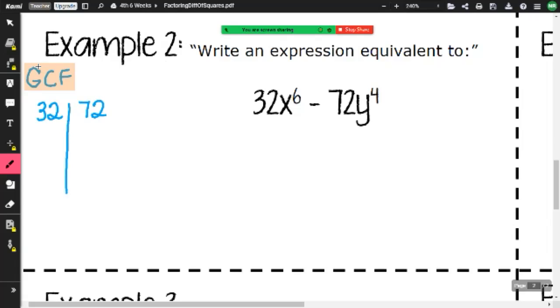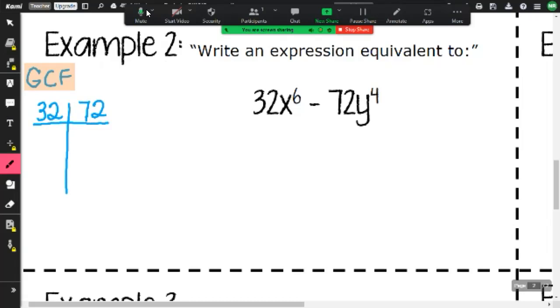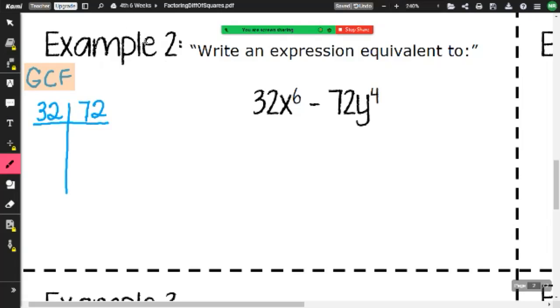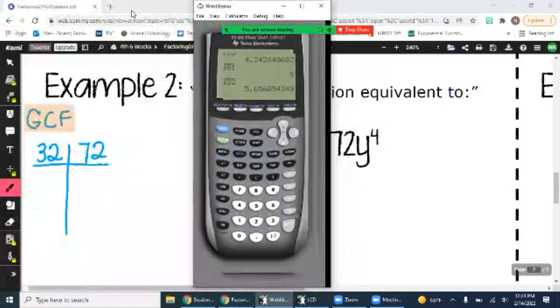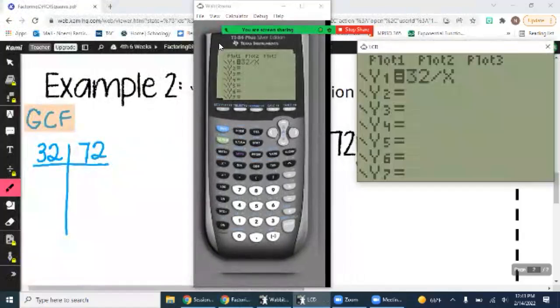You ignore the sign in the middle. That one always comes straight down. This is what we studied in the beginning of last week and the week before when it iced over. How do we find the factors of 32 if I don't know them? And what do you do in y equals? Number divided by x. So go to y equals, and I'm going to put my 32 divided by x, and